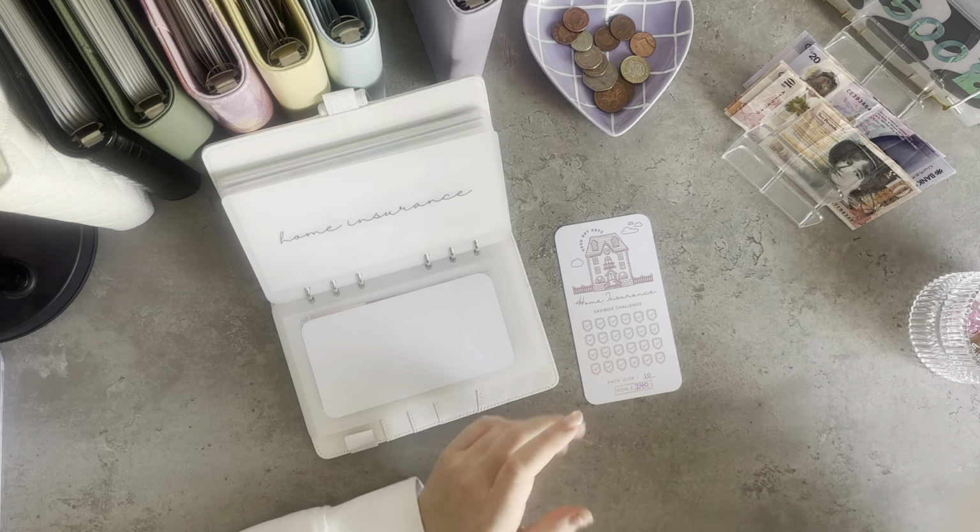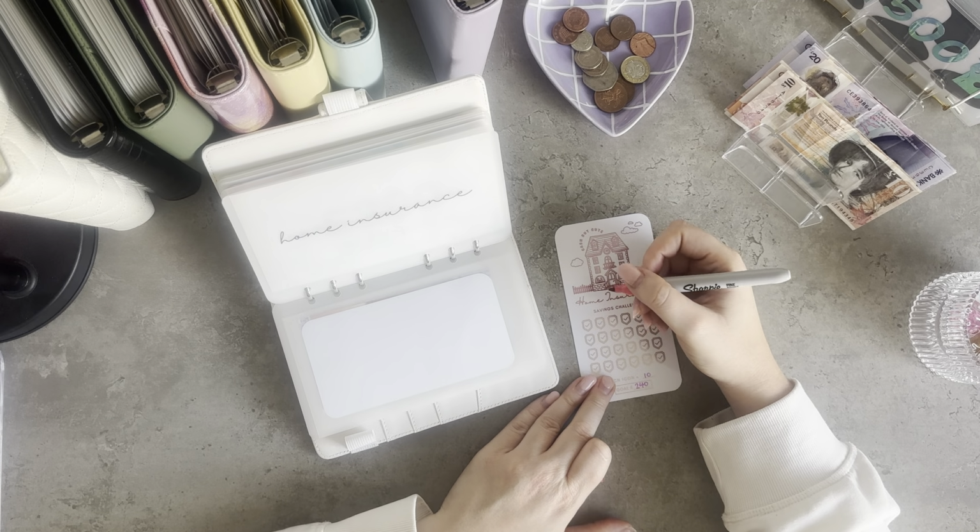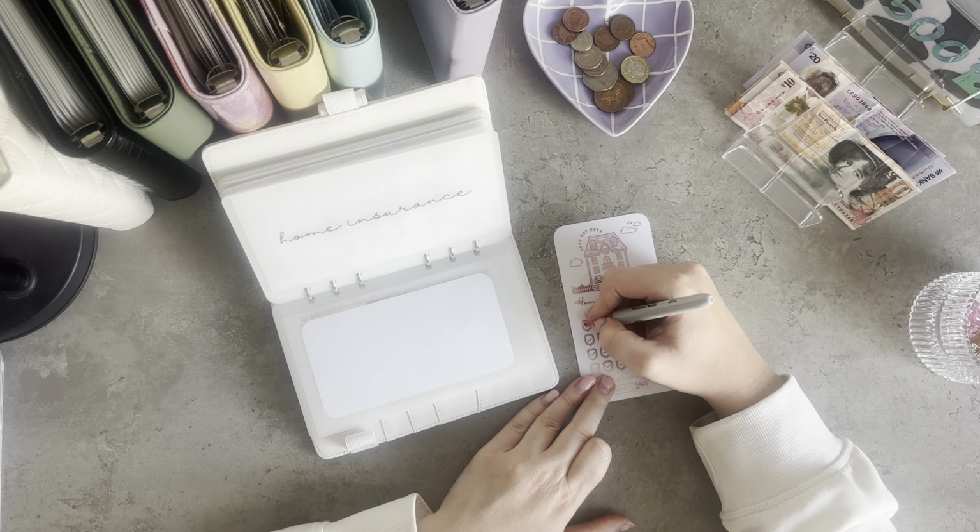I always use this pink. Let's do something different. Right, so we're putting £20 in this week,